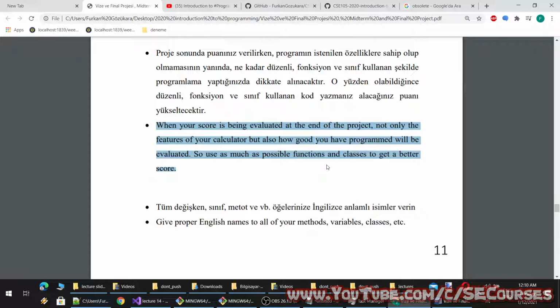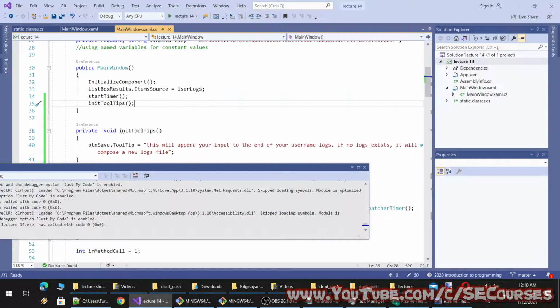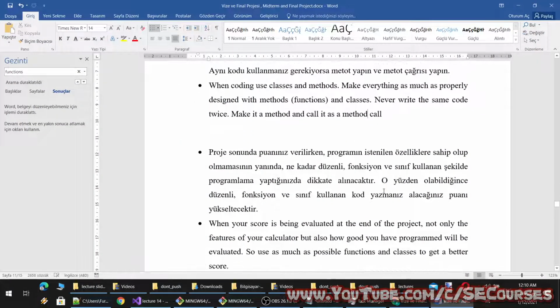When your score is being evaluated at the end of the project, not only the features of your calculator but also how well you have programmed will be evaluated. So use as many functions and classes as possible to get a better score.